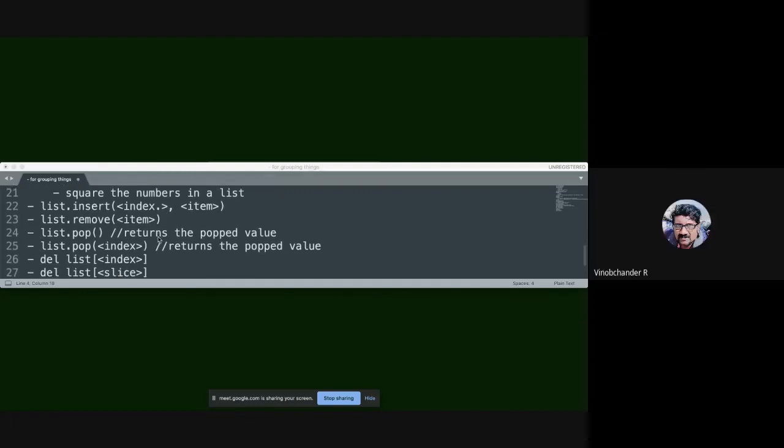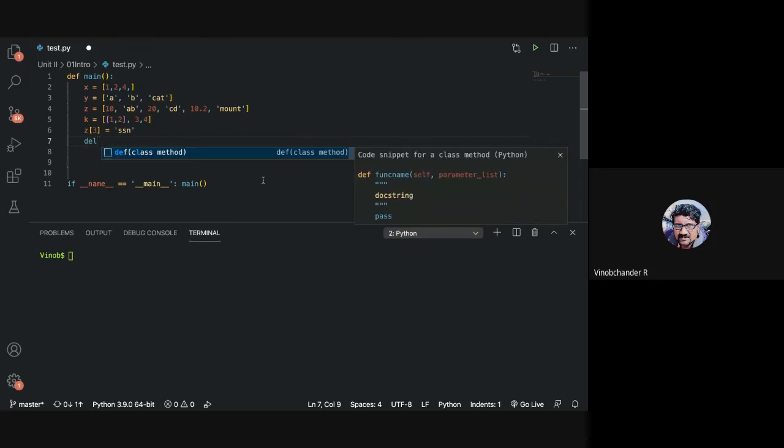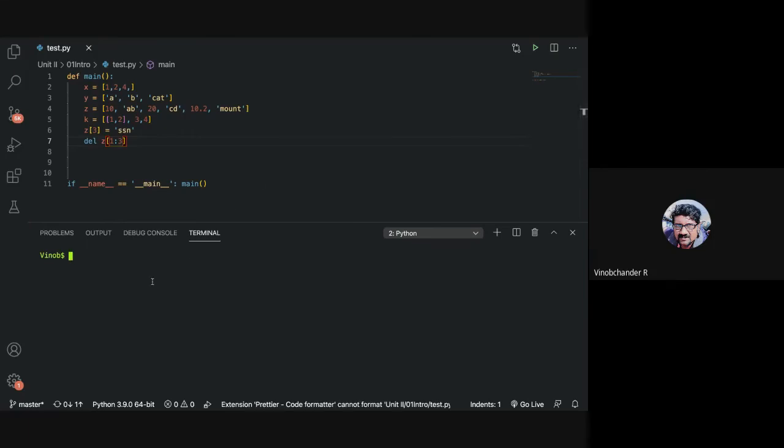So yes, you can also delete by slicing, right? This is also possible, as you can see here. Let us do a del on Z, and let me delete 1:3. So what does this do?